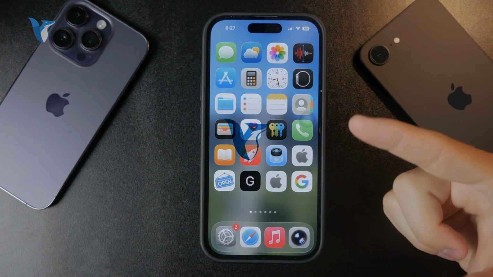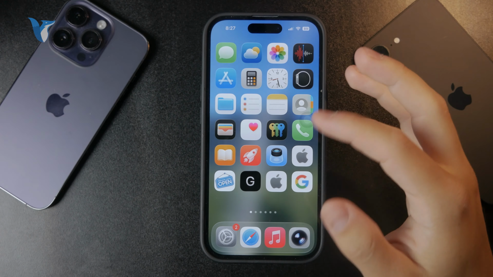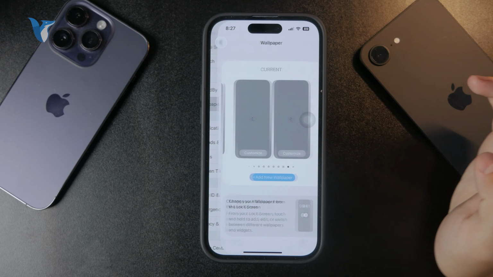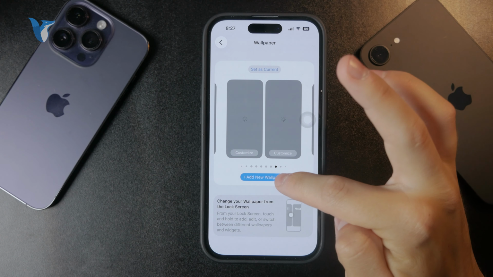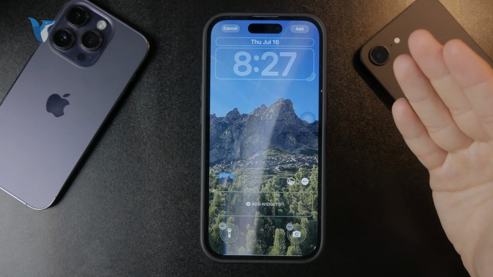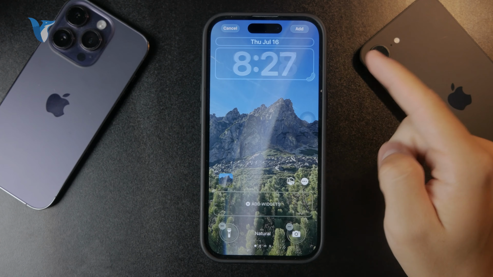Here is how we can pinch to crop the wallpaper on iPhone. So you can go to the settings and open up the wallpaper section. And if I just go and create a new one by tapping the plus button, and I, for example, go to the photos, right? So if I choose a picture like this one, for example, before I hit done and add,